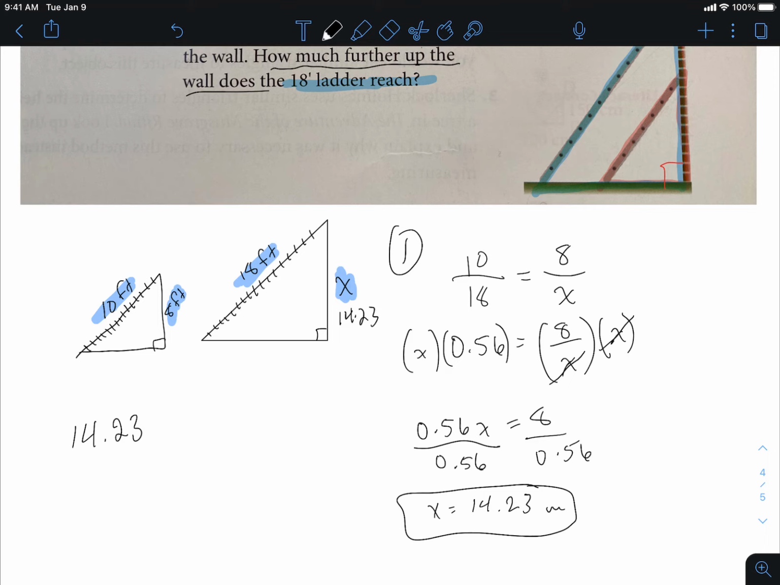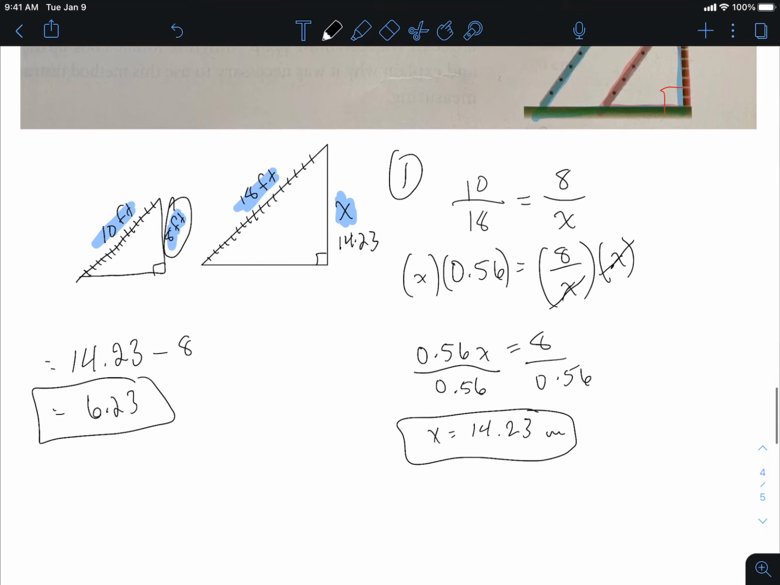And then we subtract off the original 8 feet, or the 8 feet from the small ladder, right? That answers this part. How much further up the wall does it go? Okay, so then you guys just type that in your calculator. Right, so 14.23 minus 8. Done. Okay. Therefore, the big ladder,